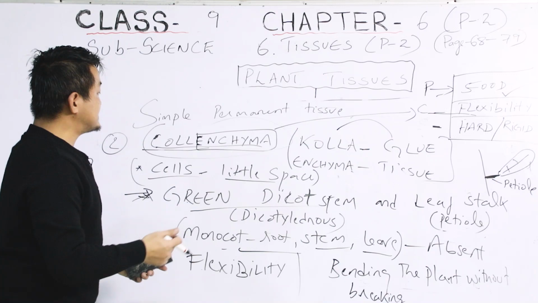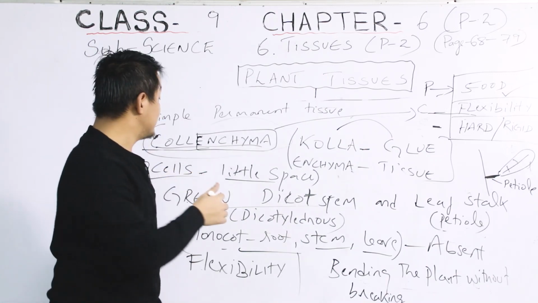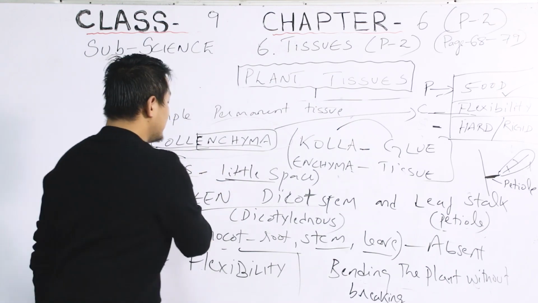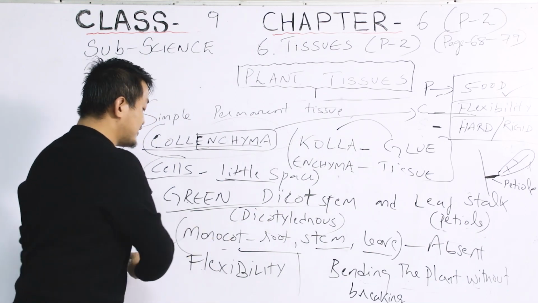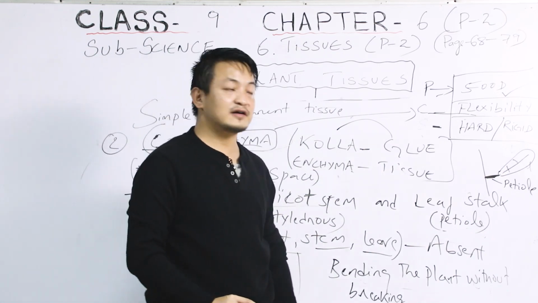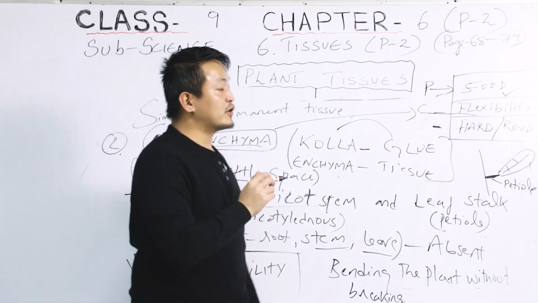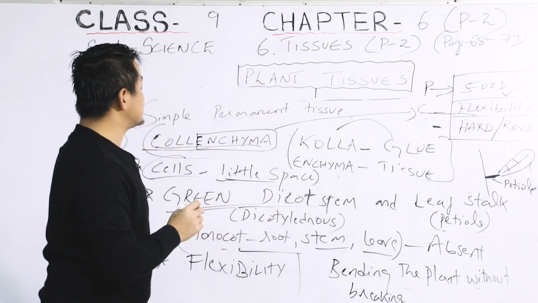So students, this is all about collenchyma. You have to remember how the cells are placed. There is a little space between them, and this is where they are located, and the main function is flexibility. Clear? So that is all about collenchyma. We are done with the storage of food and flexibility. We have the last simple permanent tissue, that is